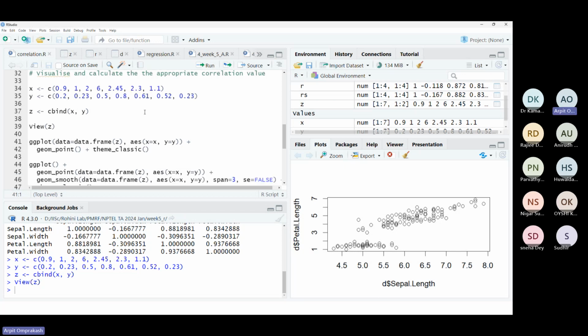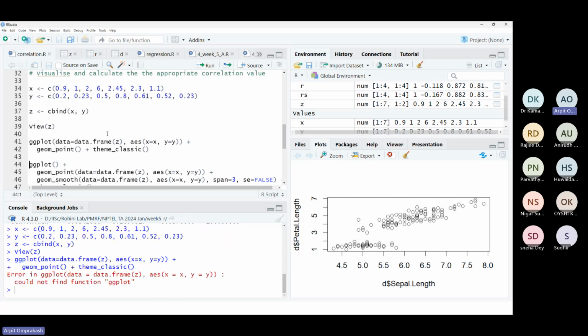Okay. So to visualize, first what we need to do is plot the data. So I'm calling ggplot. I'm giving it data equal to data.frame of z. We need a data frame here, and z is a matrix, so we are converting it to a data frame. In aesthetics, I give it the x-axis should be the variable x and the y-axis should be the variable y. Then geom_point so that we get a scatter plot, and theme I'm changing to classic. If I run this,